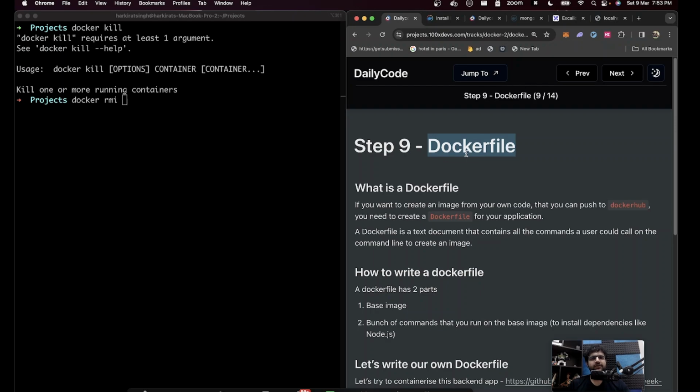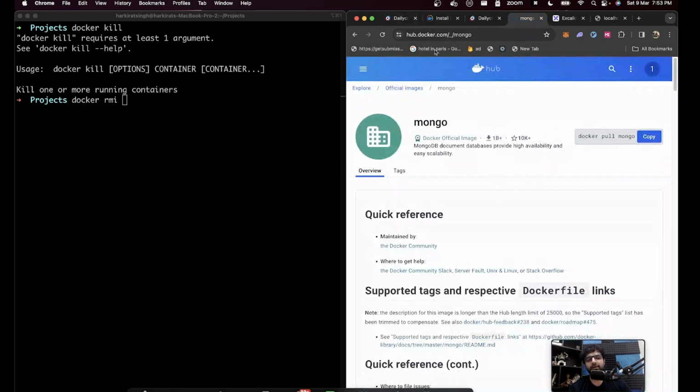But if you have a project where you want to containerize that project, let's say you start an open source project where you want other people to contribute to it, you should add a Docker file to it. You should make it easy for other people to run it on their machine by running a single command. If you want, you can deploy it on Docker Hub as well, so that other people can pull your code base.